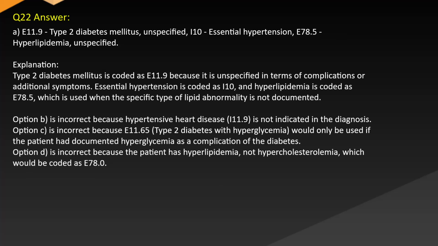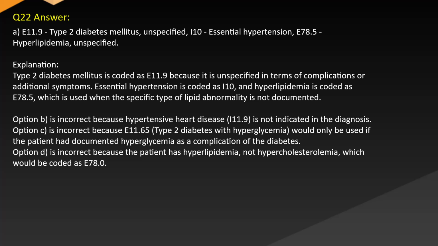Answer A. I10. Type 2 diabetes mellitus unspecified, E11.9. Essential hypertension, I10. E78.5. Hyperlipidemia unspecified. Explanation: type 2 diabetes mellitus is coded as E11.9 because it is unspecified in terms of complications or additional symptoms. Essential hypertension is coded as I10, and hyperlipidemia is coded as E78.5, which is used when the specific type of